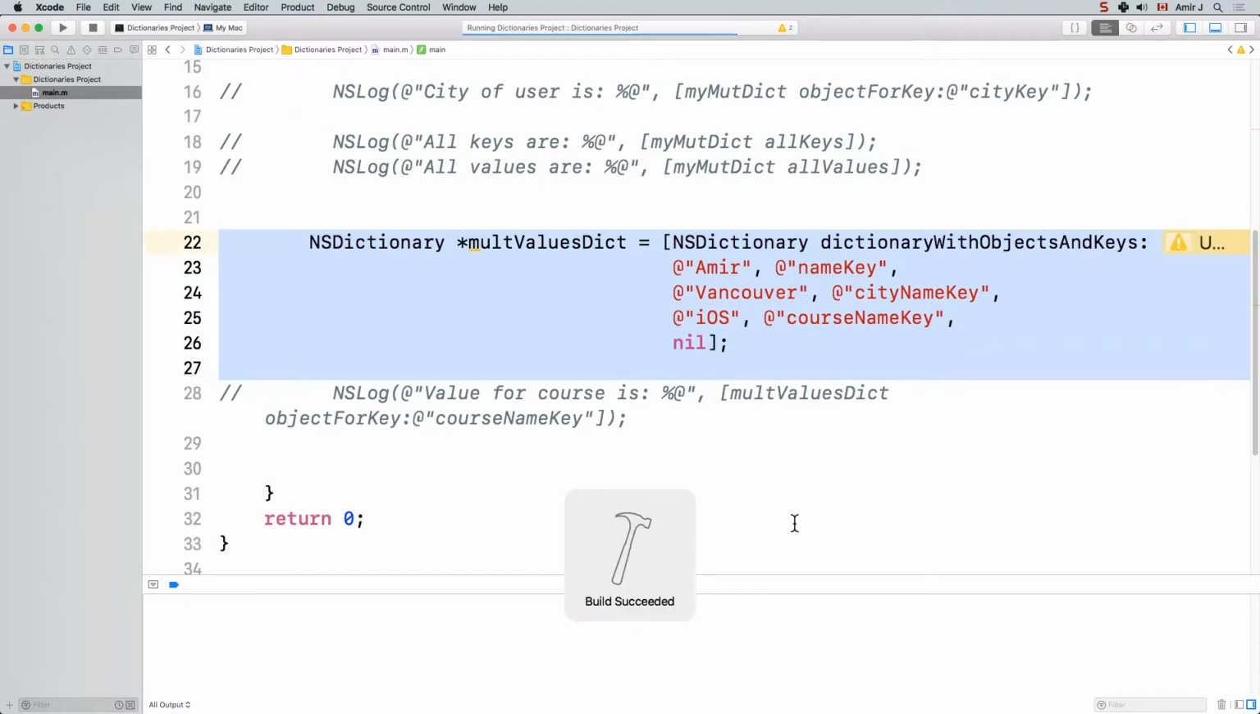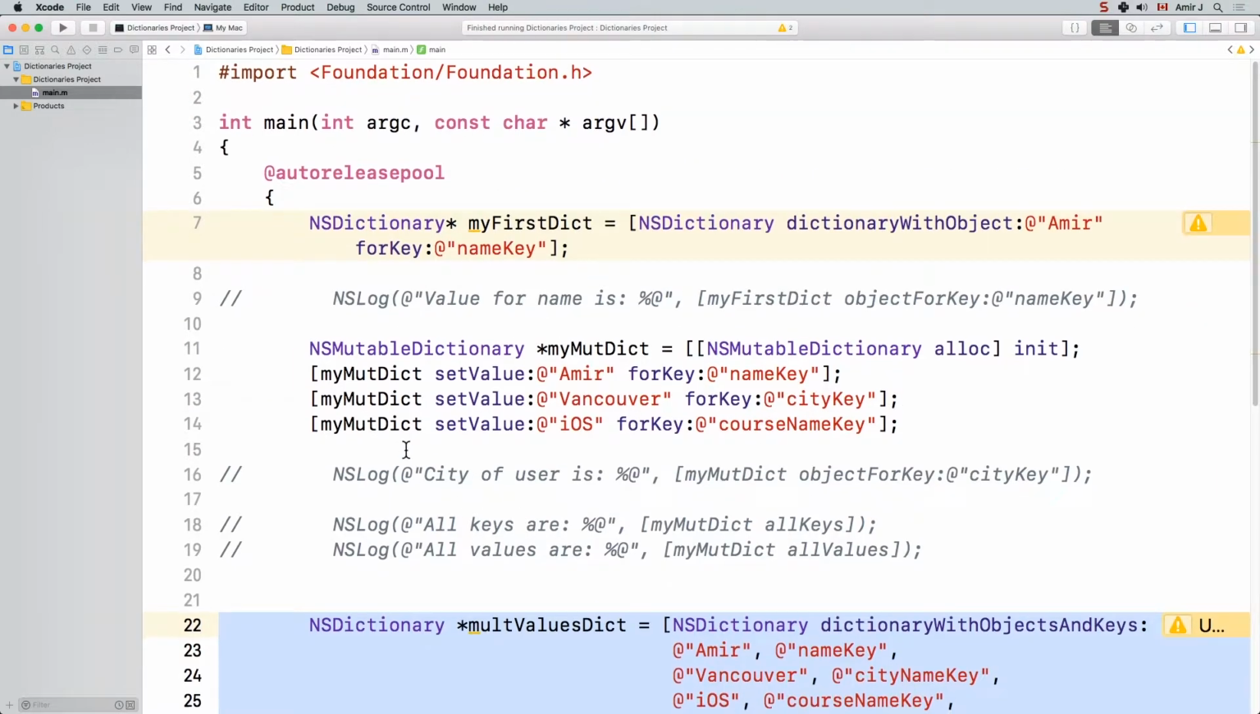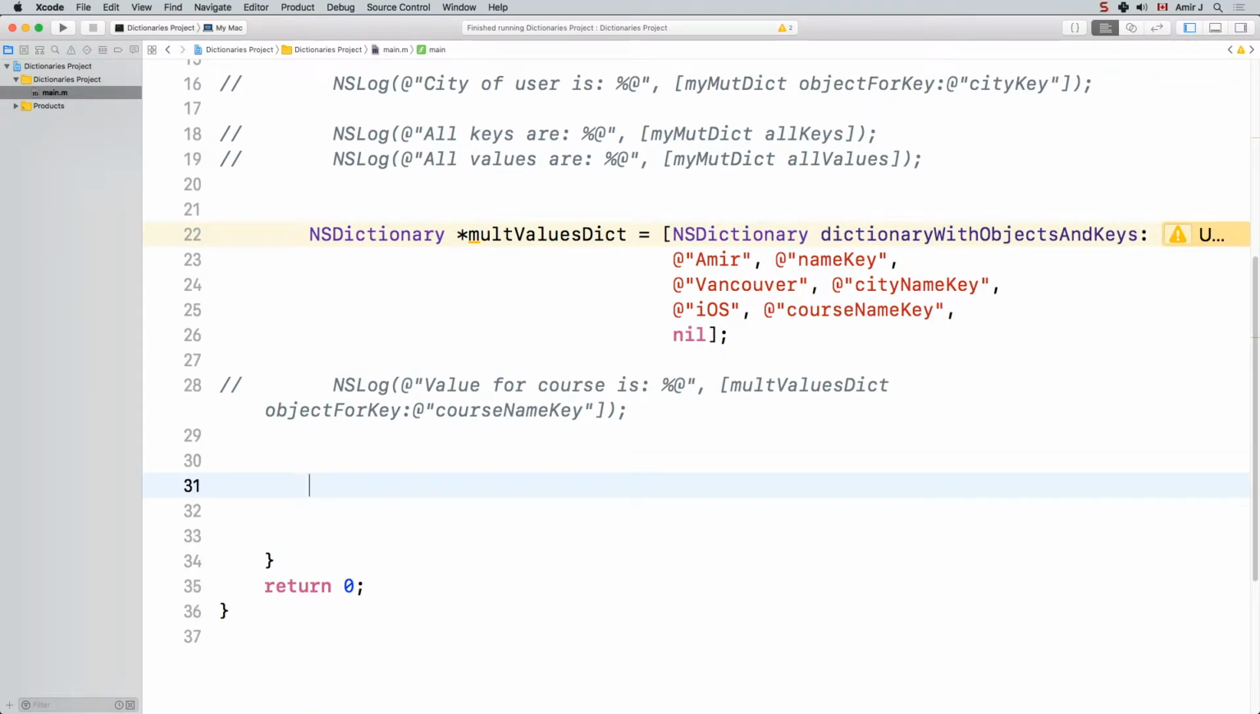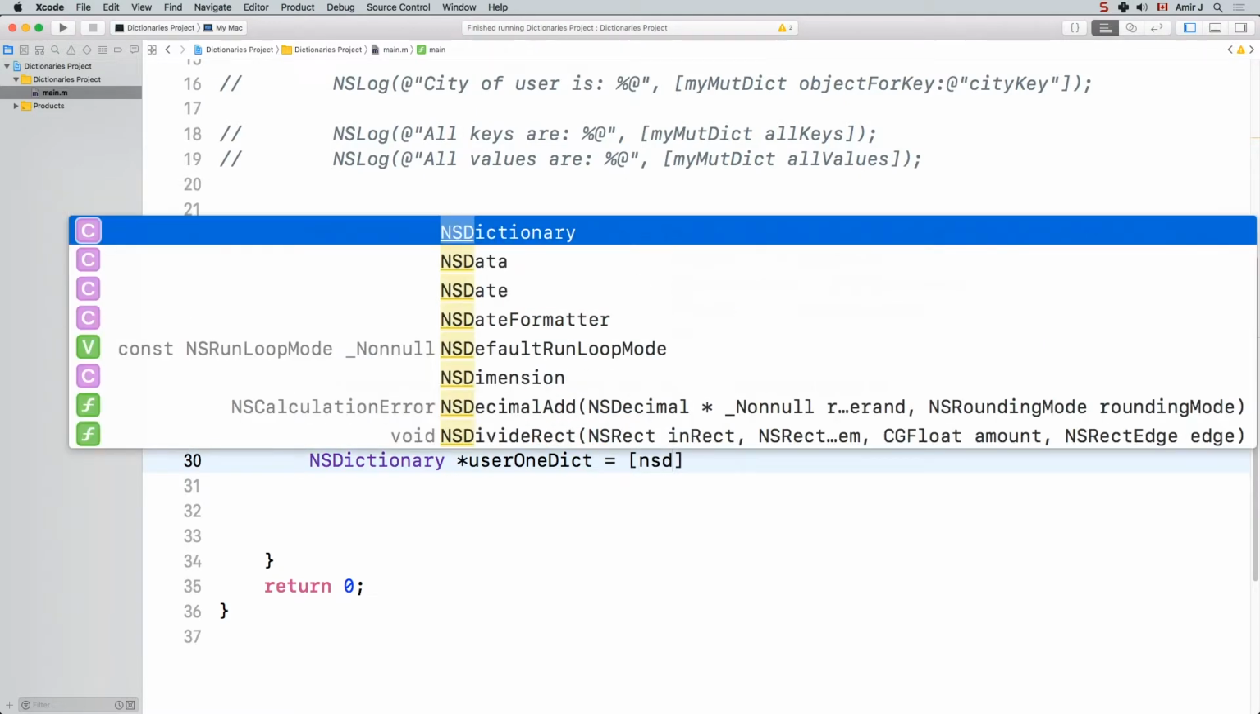So now when we run, the application runs successfully, but we don't see anything down there because we are not printing any values. In this example, I want to put two users inside one array. Once again, two users inside one array, and every user has only two entries, a name and a city. So let's go ahead and do that. I'm going to say NSDictionary user1Dictionary is going to be an NSDictionary